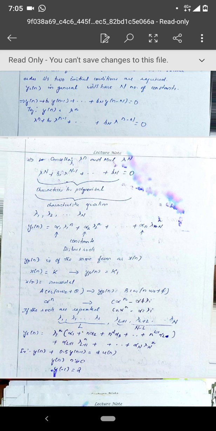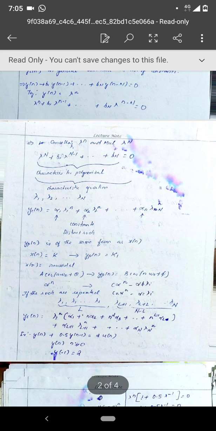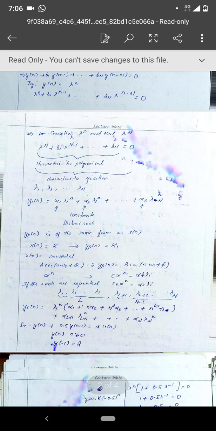When you substitute, the first term becomes lambda raised to n, the second term becomes plus b1 lambda raised to n minus 1, and likewise the last term will be bN lambda raised to n minus capital N, which is equal to 0. Now, this is an important step: if I take lambda raised to small n outside, that can be cancelled, because it is equated to 0, then that will disappear. Then multiply the equation throughout by lambda raised to capital N, and I'll get